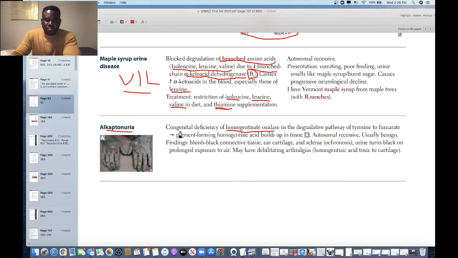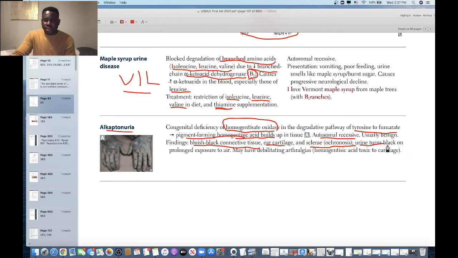never. Okay, so congenital deficiency of homogentisic oxidase, as we saw in the degradation pathway of tyrosine to fumarate, leads to pigment-forming homogentisic acid buildup in the tissue. It's autosomal recessive, usually benign. Findings are bluish black connective tissues. So the ears become bluish black, the ear cartilage, the sclera, the same thing, that's ochronosis, and sometimes the bone